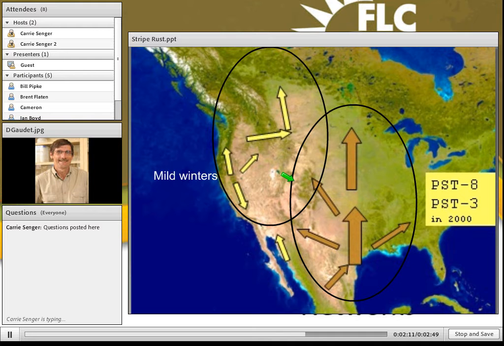And it's for this reason that I've separated these two sort of populations. But of course, these populations will overlap and mix. So for those producers that are in southern Manitoba and eastern Saskatchewan, these races will likely move up and develop and move into those areas of southern Manitoba and southern Saskatchewan. But of course there will be mixing of races, and so this is where we get a rather complex picture of this organism moving into